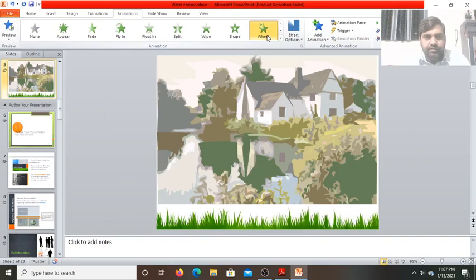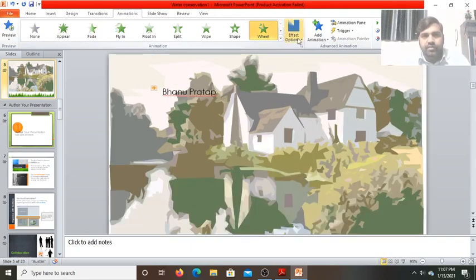This is the wheel. Okay, like this. In the Animation Pane, Trigger, select Start on Click, and the duration is given. So if it is on click, then it will start.